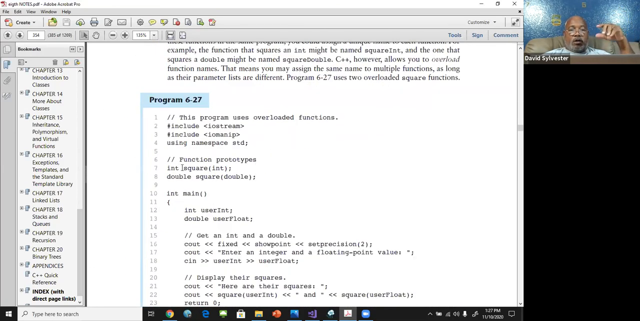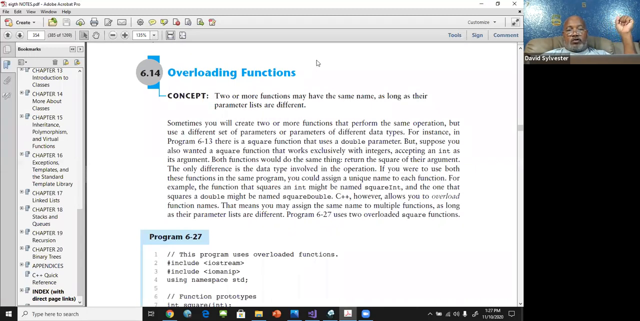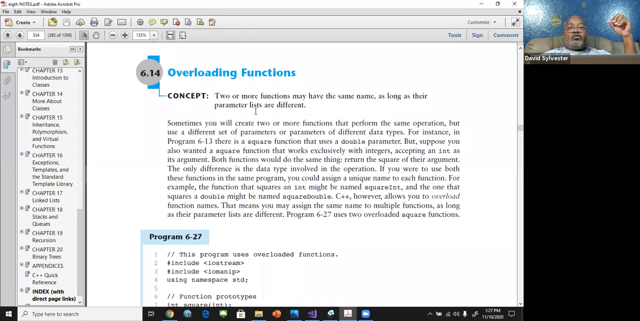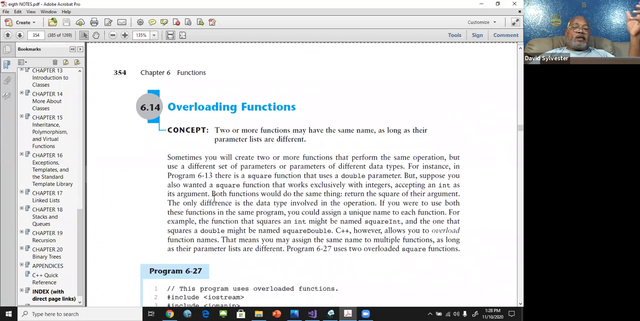Now, overloading. Like I said, overloading normally is when you're calling a function two or more times and it's performing the same operation. That's the definition of overload. So two or more functions may have the same name as long as the parameter lists are different. What that means is, I could have a function and call it